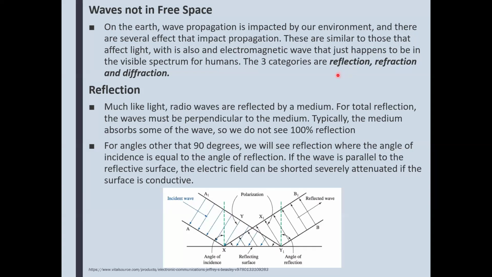Although it's funny, because the light that travels through fiber optics is invisible to us, it's still considered light because it's within the light spectrum. It's just invisible to humans. But this here applies to electromagnetic waves that we don't see for sure and that are not considered to be light. All right. Reflection, much like light,